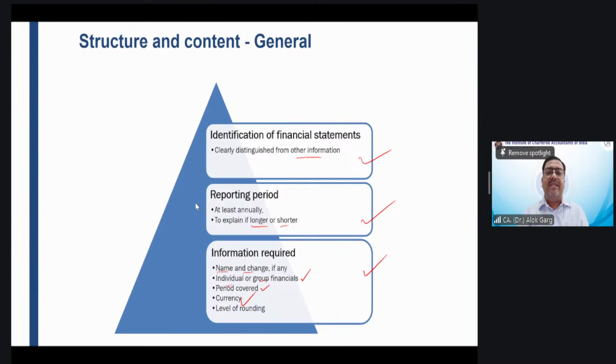Sir, for how many years shall the name change be disclosed? Right? So Manoj, as per the provisions of the Companies Act, the name change has to be disclosed for 2 years. Ind AS is silent about this. In Ind AS 1, for how long this name change has to be given is not mentioned, but the Companies Act talks about 2 years, from the date of the change.